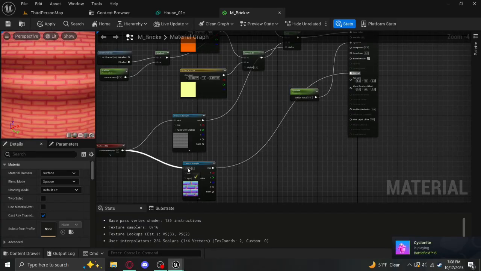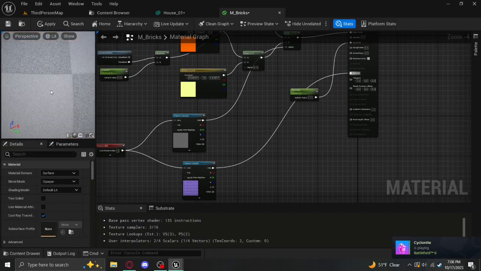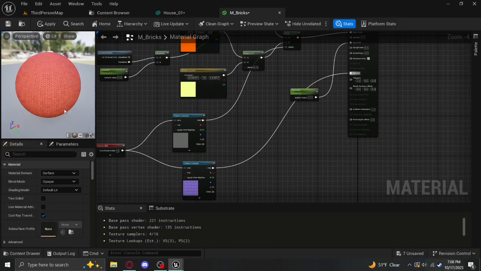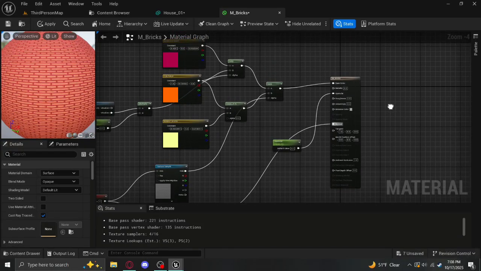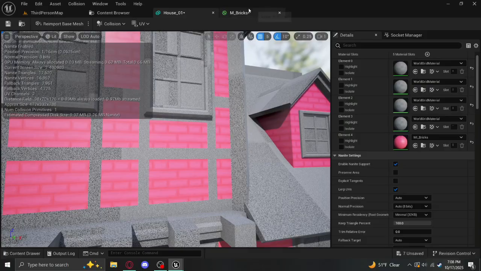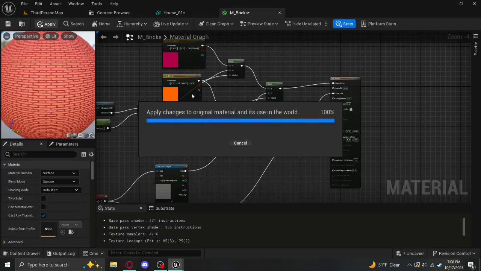Make sure it's the same. There we go. Kind of just mess with things, see how you like it. And that's kind of just the basics of making materials. But just kind of have fun with it. There's also a lot of resources online you can look at. And those will help